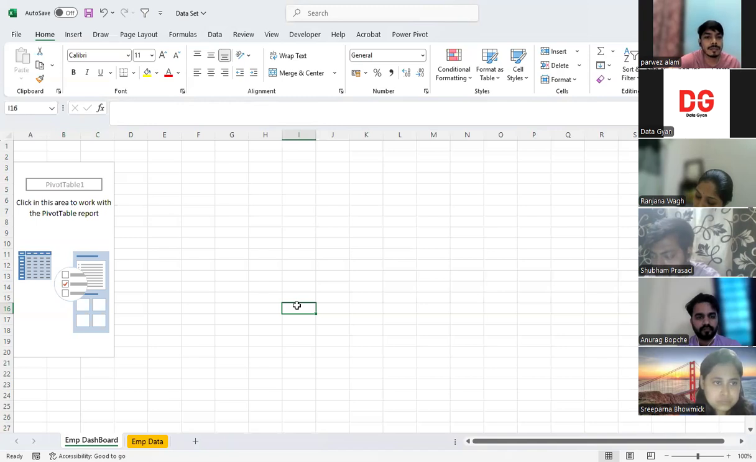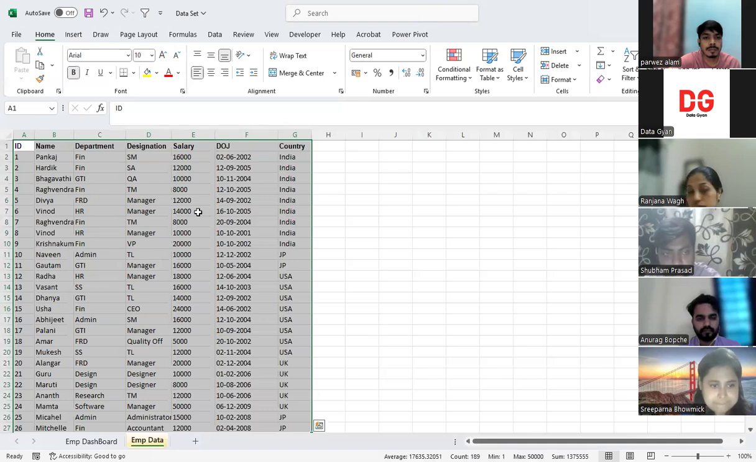They'll ask you what projects you have done. Maybe it is a small project, but it will give a clear picture of how to build a real-time project that we are going to do step by step. Whenever you are selecting the data range here,